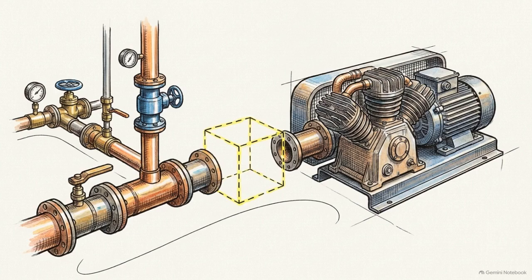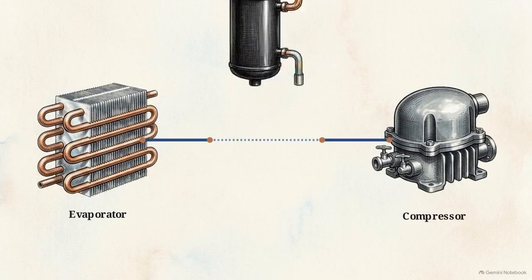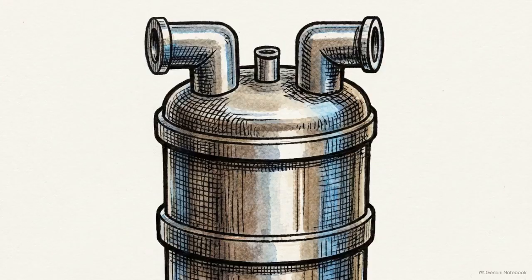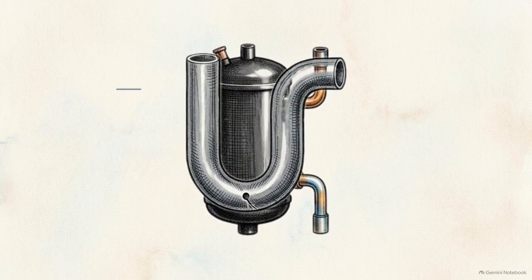Because these thermodynamic errors are often inevitable during varying operation cycles, the system requires a structural intervention point before the intake. Engineers place the suction accumulator at this specific location on the low pressure line. This specialized fluid dynamic vessel is engineered to forcefully decouple the liquid phase from the vapor stream. To understand this separation, we have to look at the internal architecture of a vertical accumulator and how it manages